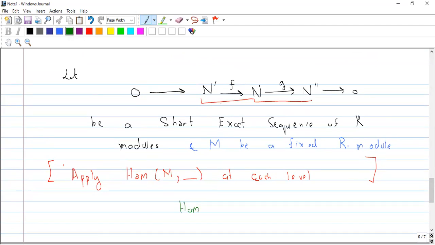यहाँ पे पहले मुझे Hom(M, N') available होगा. At this point, Hom(M, N) available होगा, and at this point, यहाँ पे एक zero map ही available होगा, because one can see that अगर मैं Hom(M, 0) ले लूँ